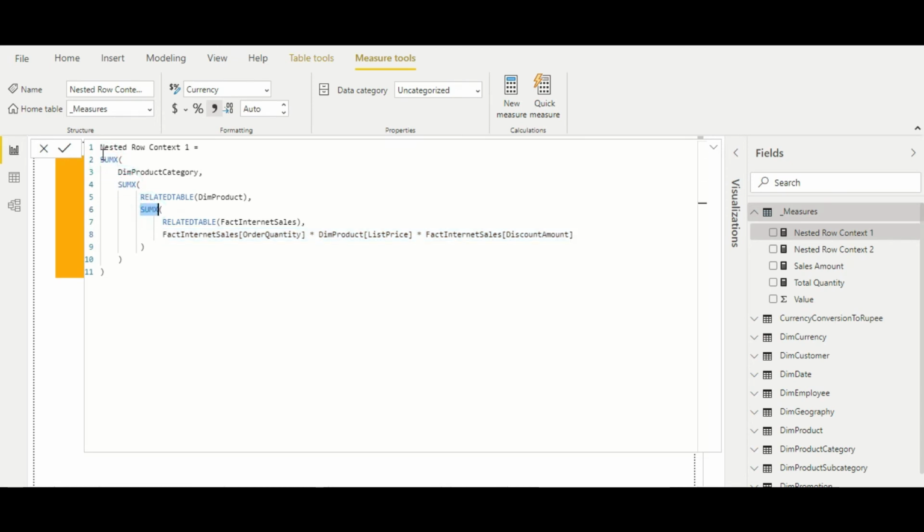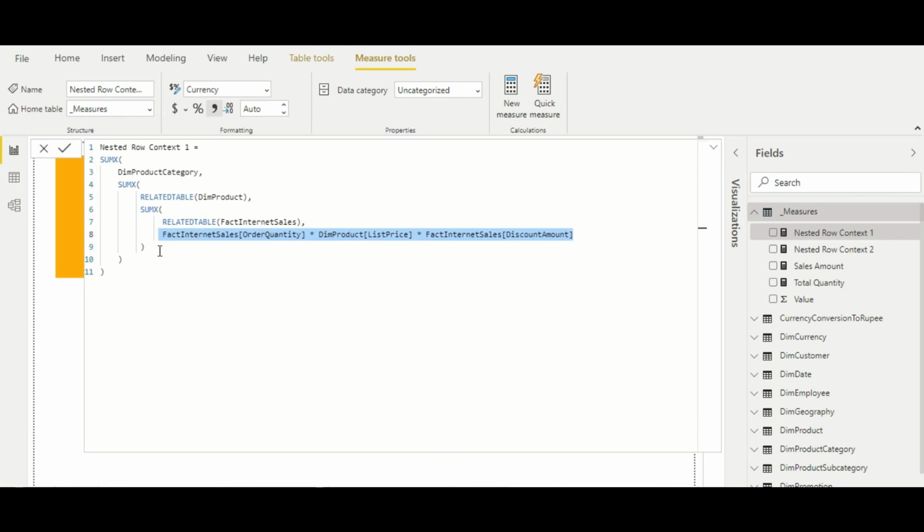So we are doing 3 iterations here, iterating on the outer table. Then based on each row on this table, this expression will be evaluated. Then based on each row of this particular table, this expression. So like this it will go on, and it will keep calculating and will return us the number.